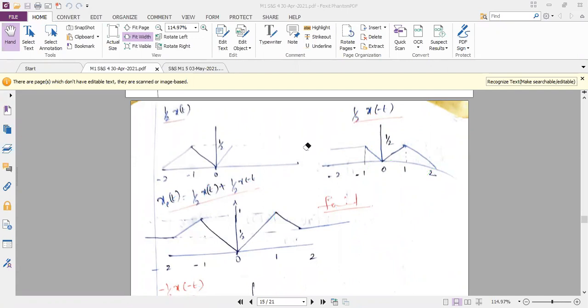Okay. So how to add it? I have shown a demo now. How to add. Okay. At each time interval, what is the amplitude for both the signals? So just add it and just mark the amplitudes. So after marking the amplitudes, since the given signal is in the form of triangular form, if you connect, it will come in the form of triangle only.